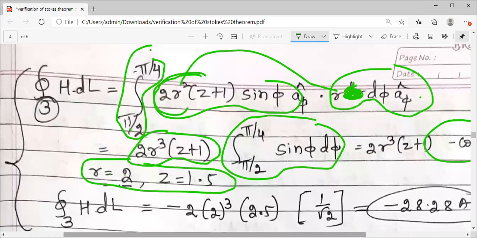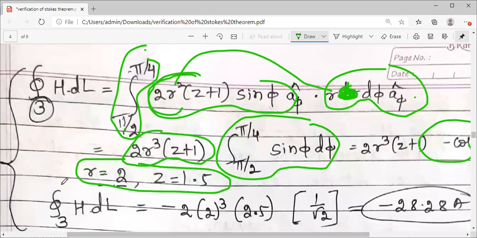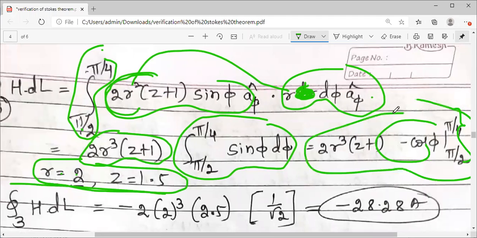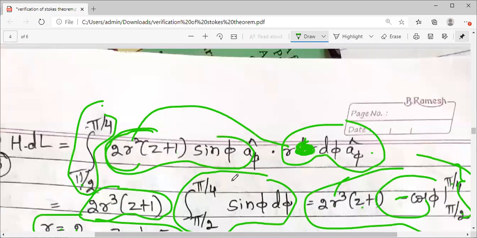R is 2, Z is 1.5. I have calculated in this. Substitute R is 2, Z is 1.5. So it is 2.5. And a minus you have, so minus I have kept it. Cos pi by 4 is 1 by root 2. Cos pi by 2 is 0. So plus. So यहाँ पे आपको आंसर नेगेटिव आएगा. Minus, calculate it, you will get 28.28 amperes. Third path. Now talking about the fourth path,